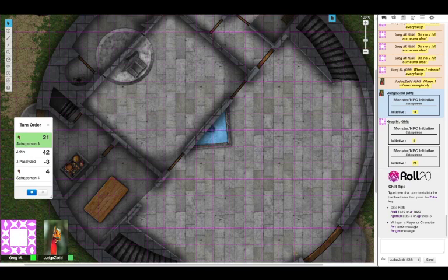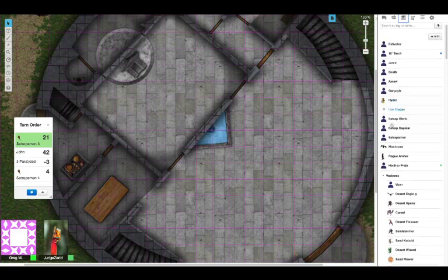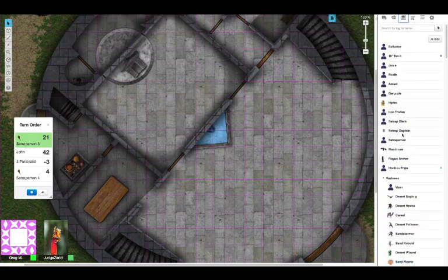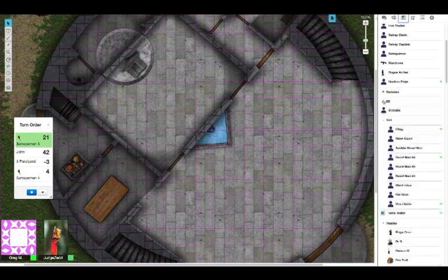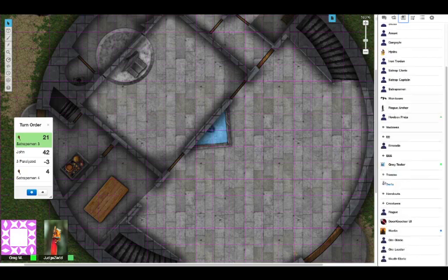So let's see. I think those were the three API and then an extra thing thrown in. Let me look. Character functions are pretty robust, I find. So if you're using